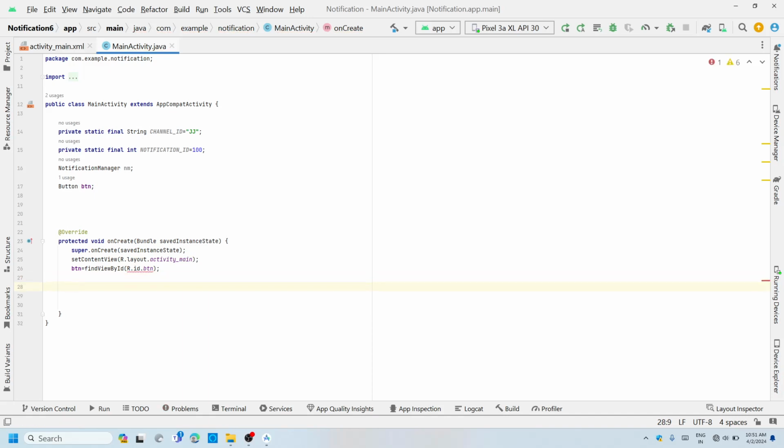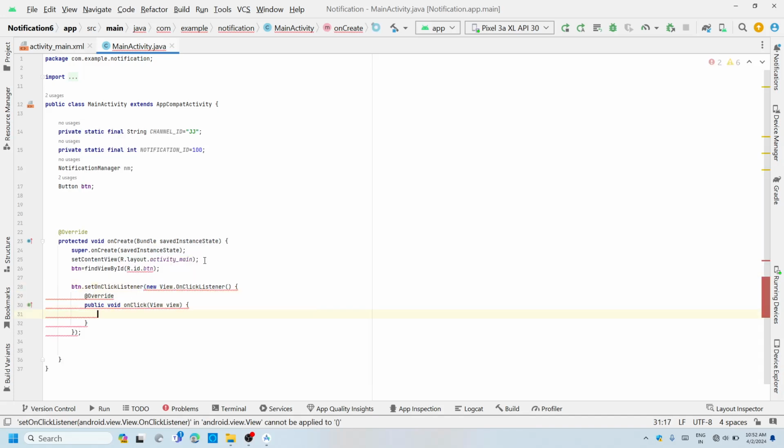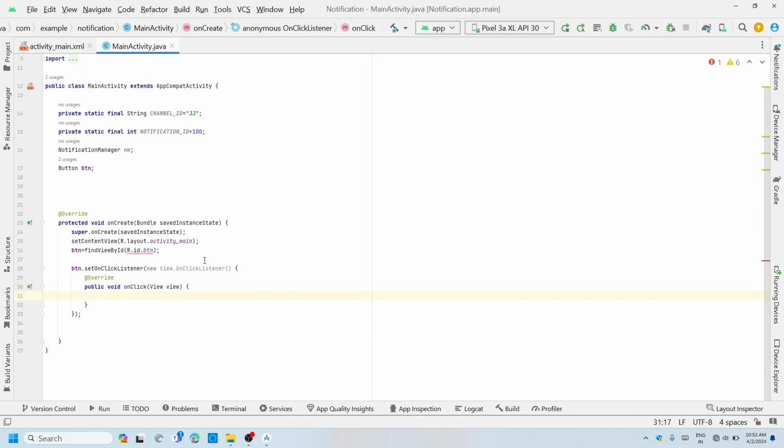And whenever we click on the button, our notification is showing, therefore we should set the set on click listener on the button: button.setOnClickListener, new View.OnClickListener. In the onClick,